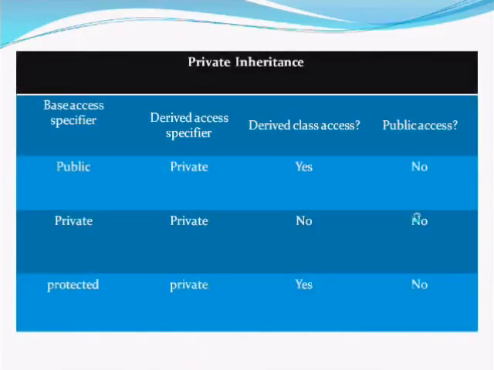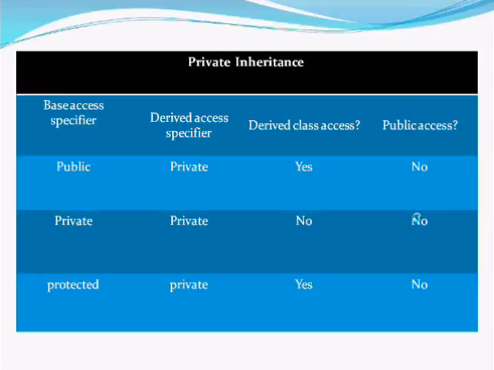When a derived class privately inherits a base class, all the public members of the base class become private for the derived class. In this case, the public members of the base class can only be accessed by the member functions of the derived class. The objects of the derived class cannot access the public members of the base class. Note that whether the derived class is inherited publicly or privately from the base class, the private members of the base class cannot be inherited.